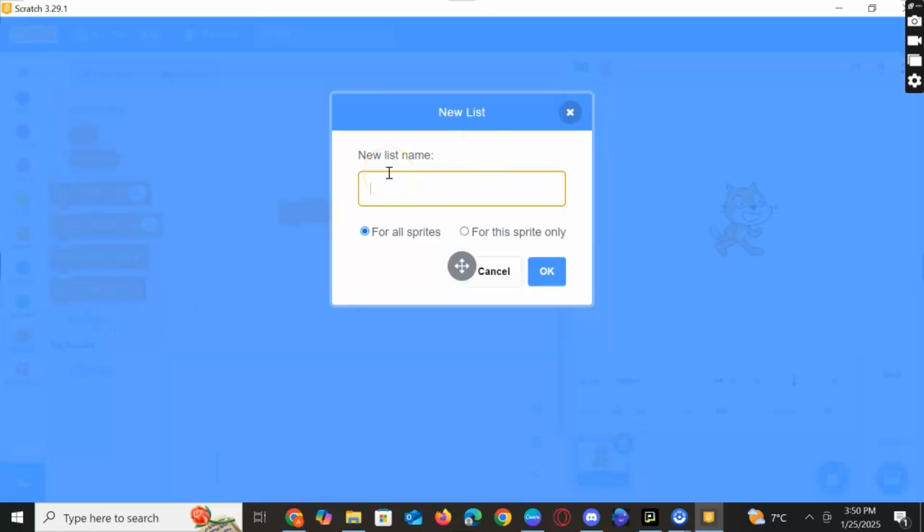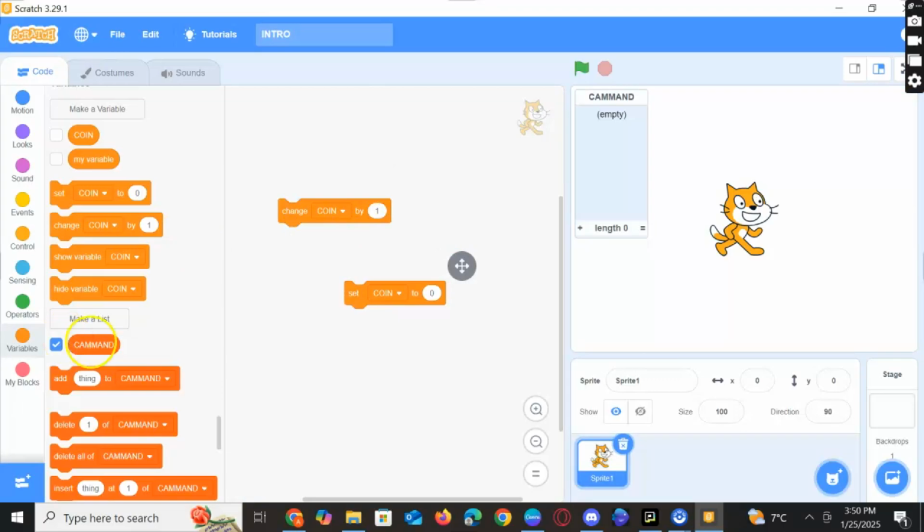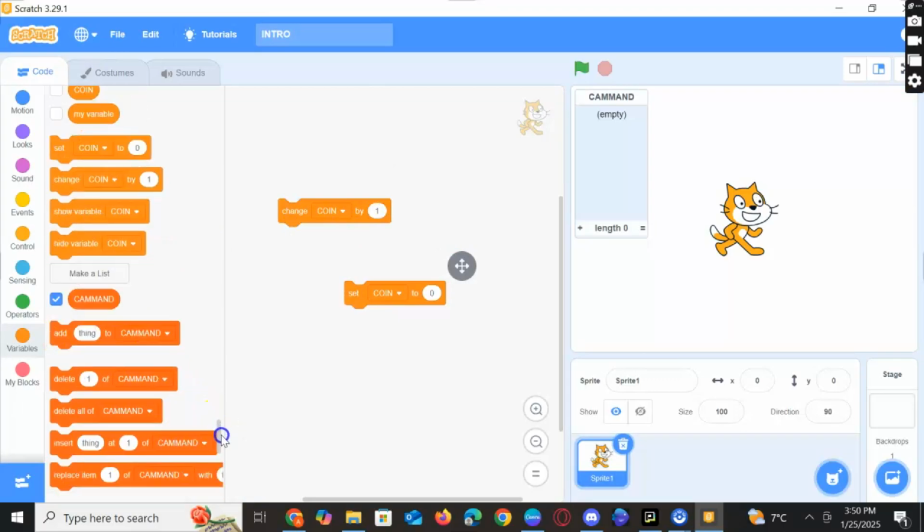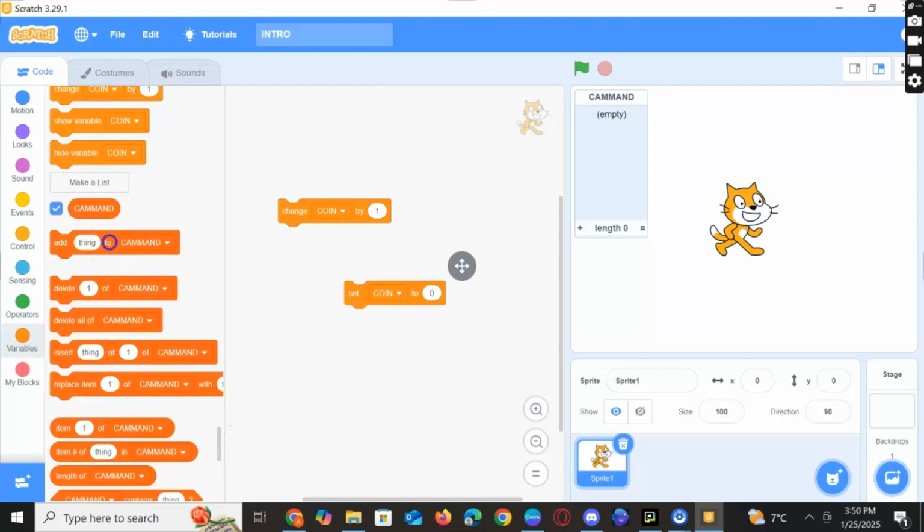You can make lists of whatever you want, like commands. Add anything to your command. Like I can add thing to my command here. I can delete one of my command, which is right here. It's labeled, so to delete that, and then delete all of my command. And then there's insert at 1 of command,